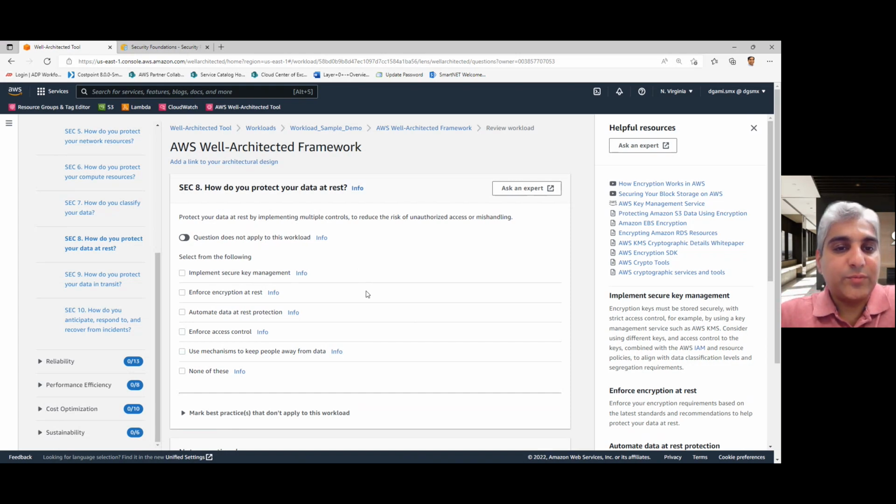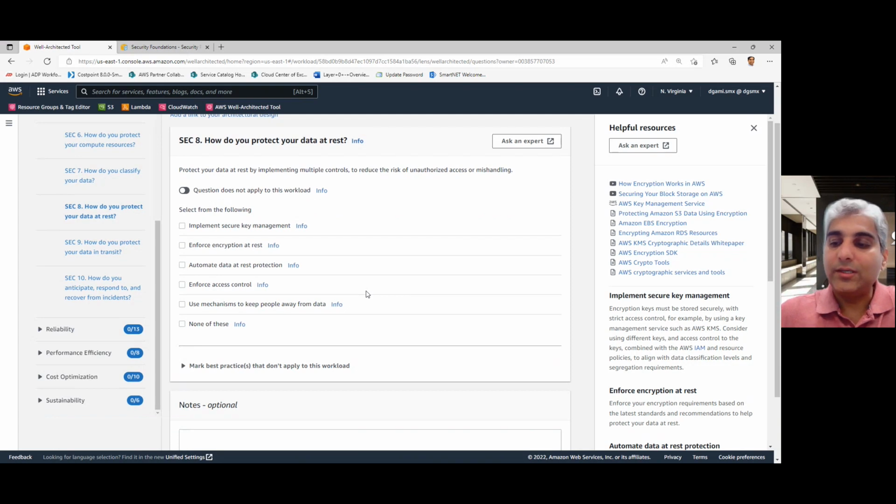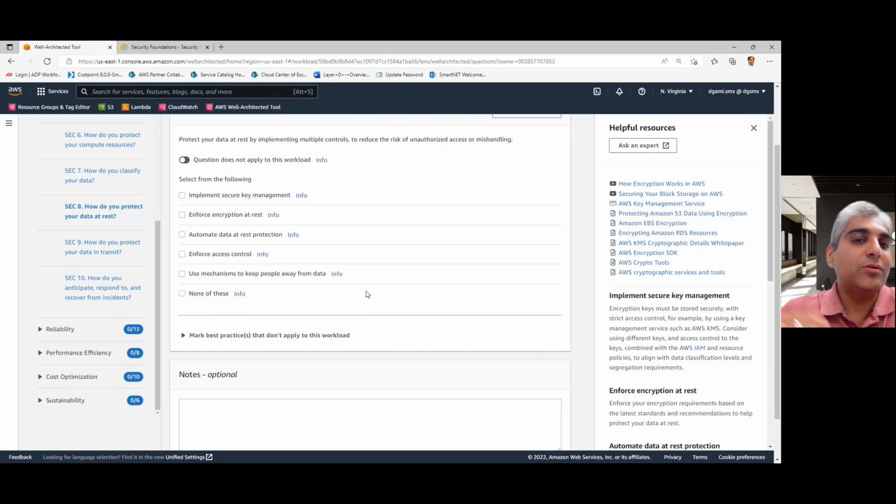Automating data at rest protection. This is not something that should be a manual step. It is something that's part of the data store process, where you've got a way for it to be encrypted and protected. Enforcing access control talks about making sure that you've got the right people, authorized people only,